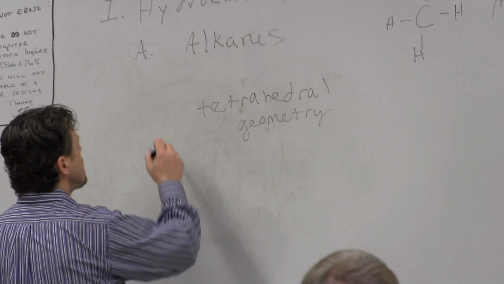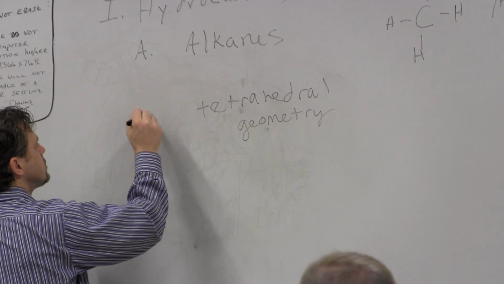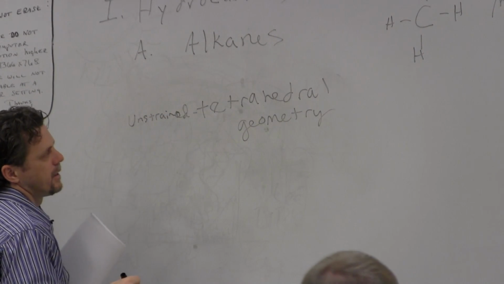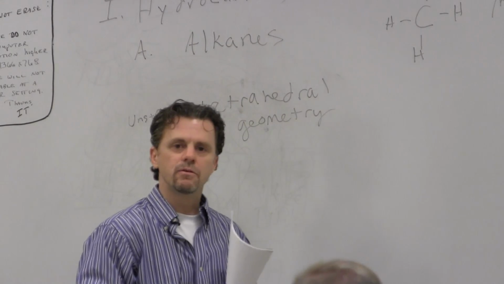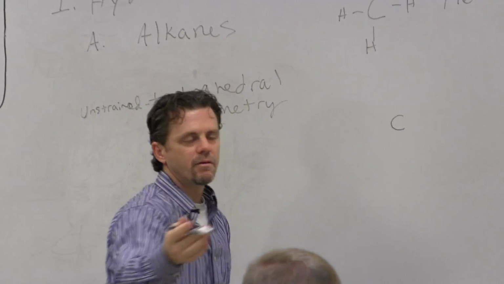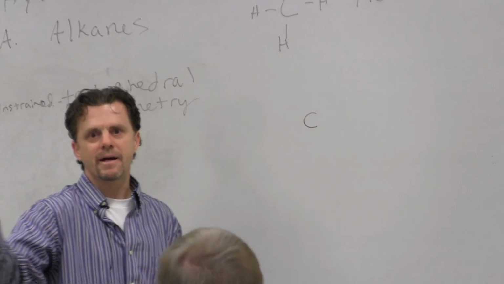But in an unstrained alkane, the carbon atom will have this tetrahedral geometry, which means, if you've ever played jacks as a kid,